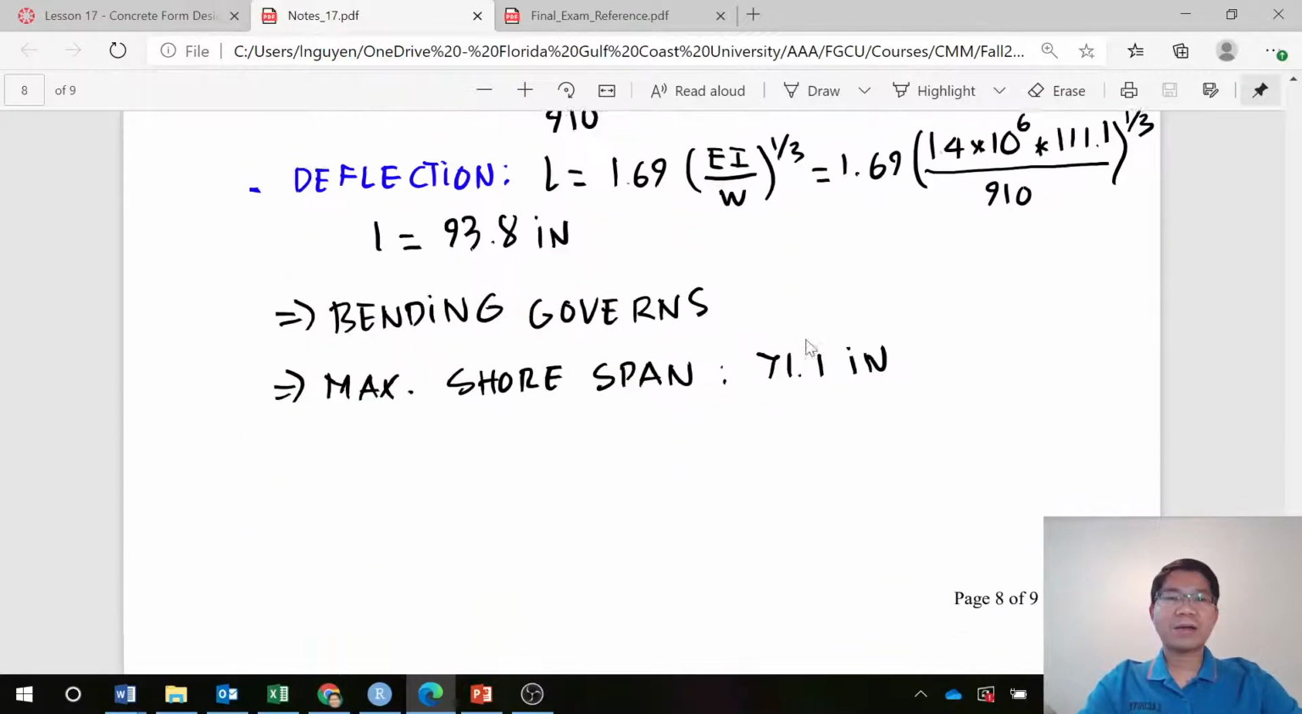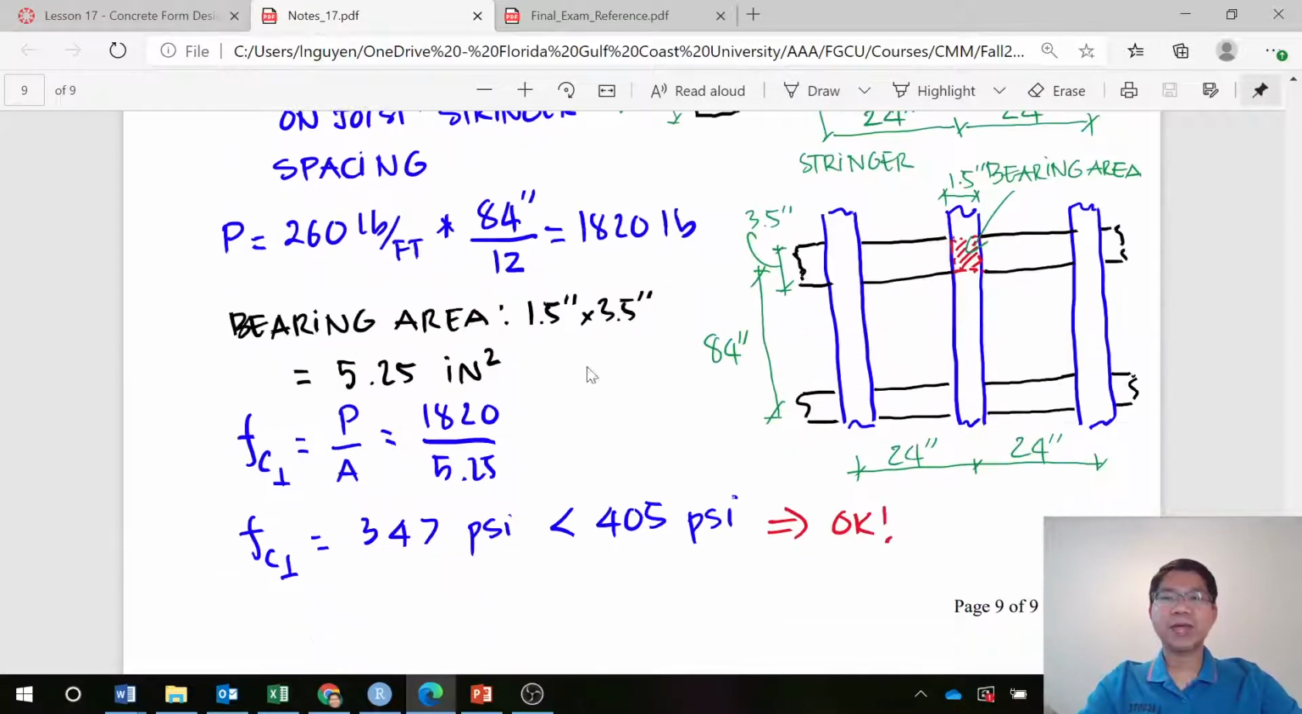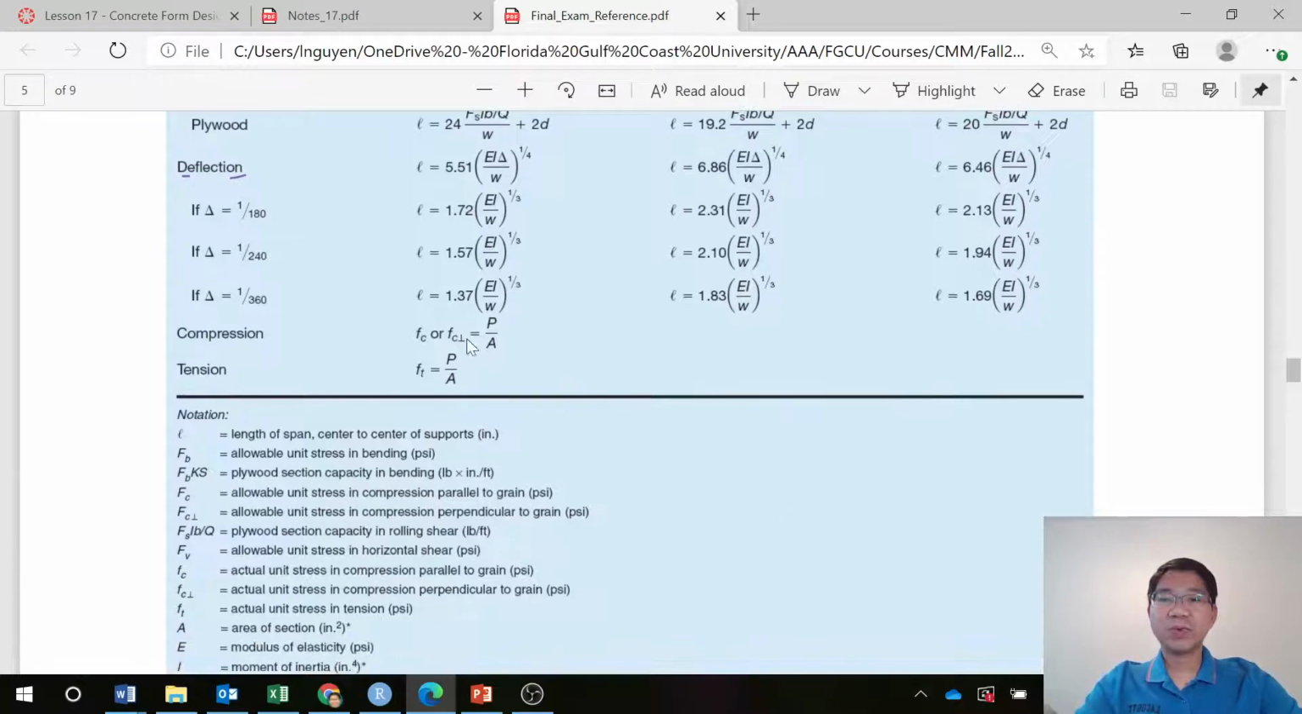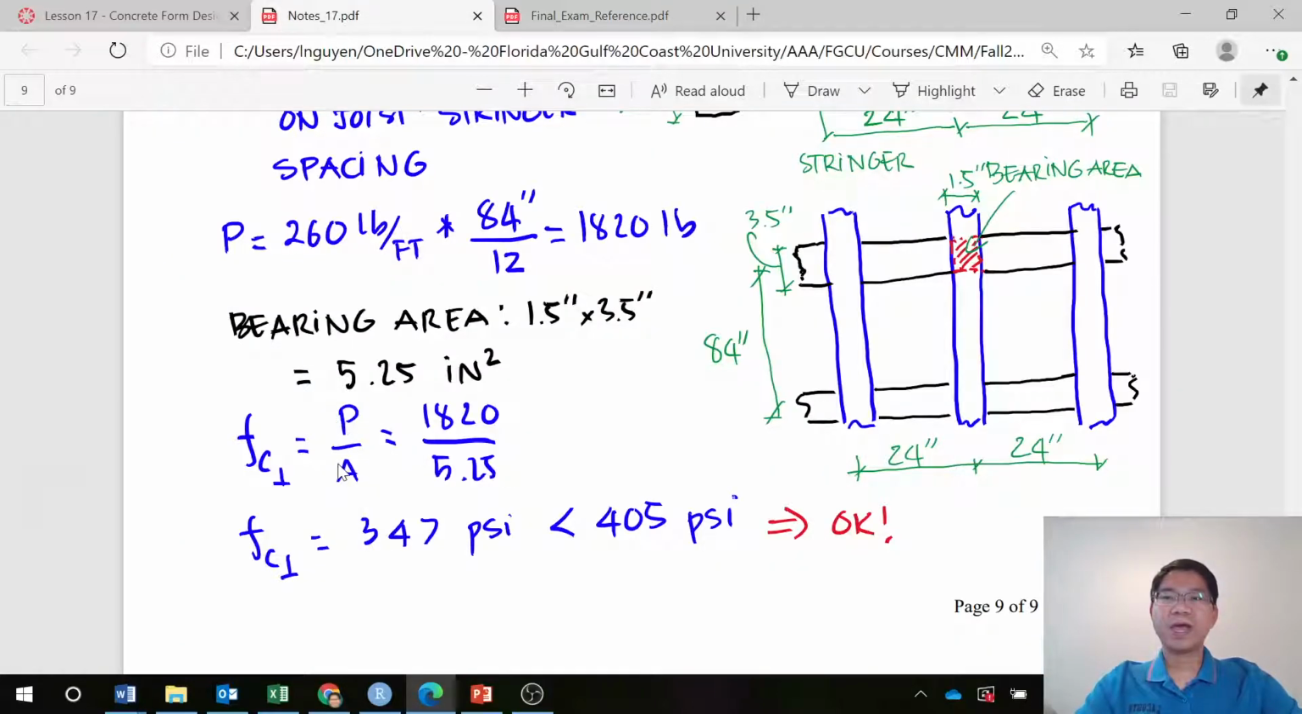So when you have that area, you get the load divided by the area, as determined in the reference that you have here. Compression crushing, P over A, as you can see there. So that is P over A, 1820 divided by 525. So you get 347 psi. And that has to be less than